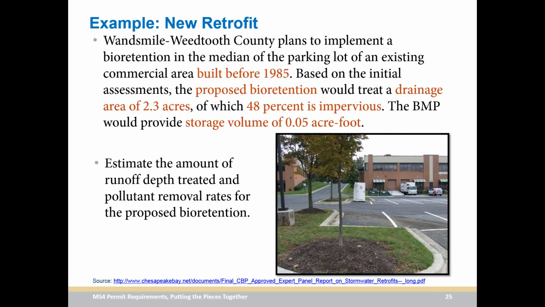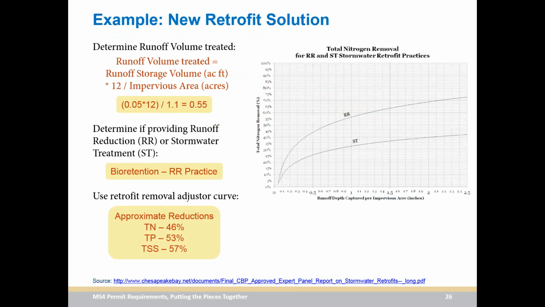We're going to go through an example. So say, for example, you have an existing parking lot that was built before 1985, and you want to implement a bioretention in the median that is currently curbed. Based on that, you want to determine the amount of runoff treated and the pollutant removal rates that you could potentially get out of this retrofit. To do this, you take the storage volume that you are planning on treating and divide it by the impervious area and convert it to